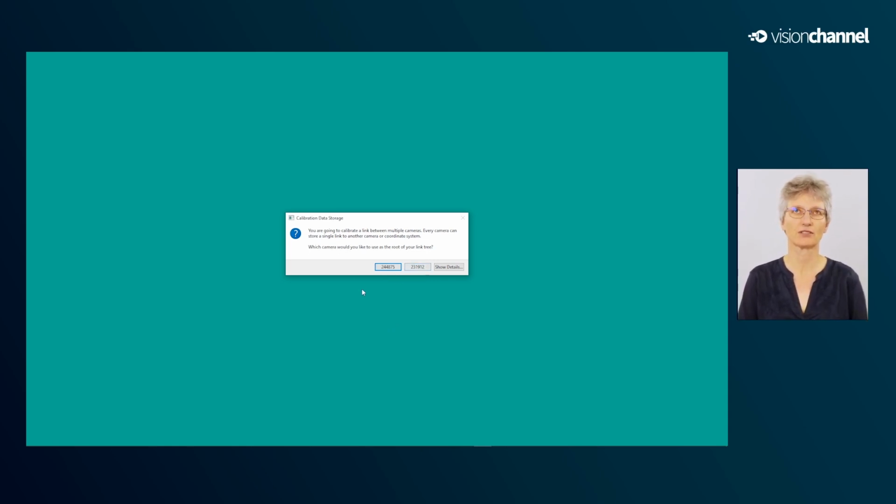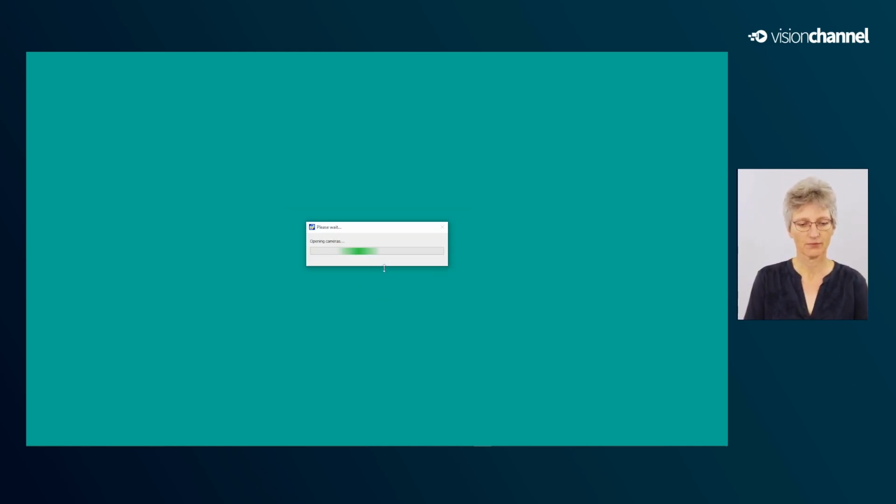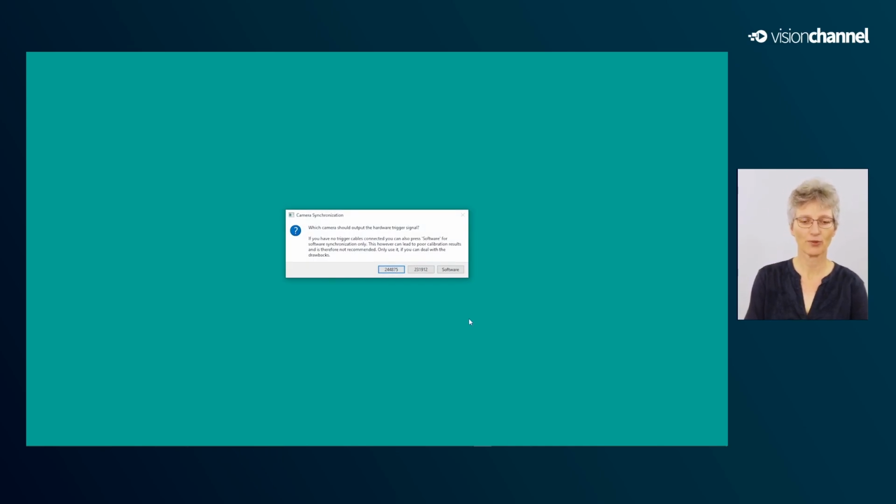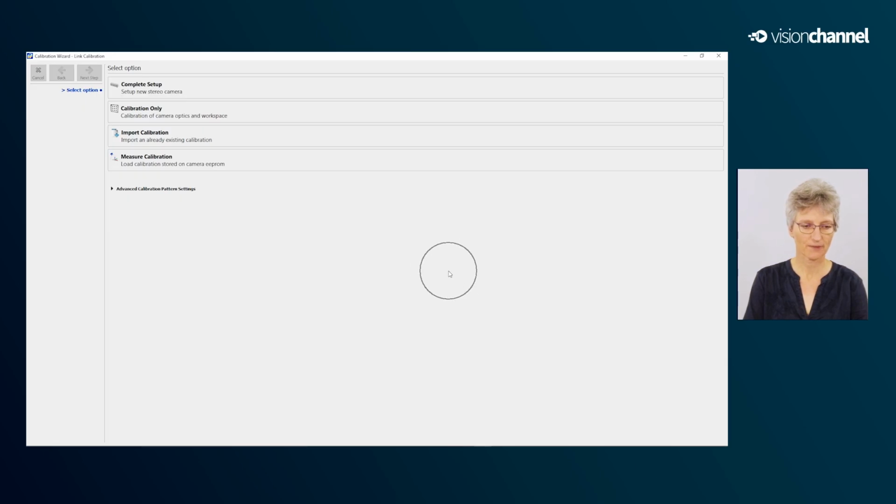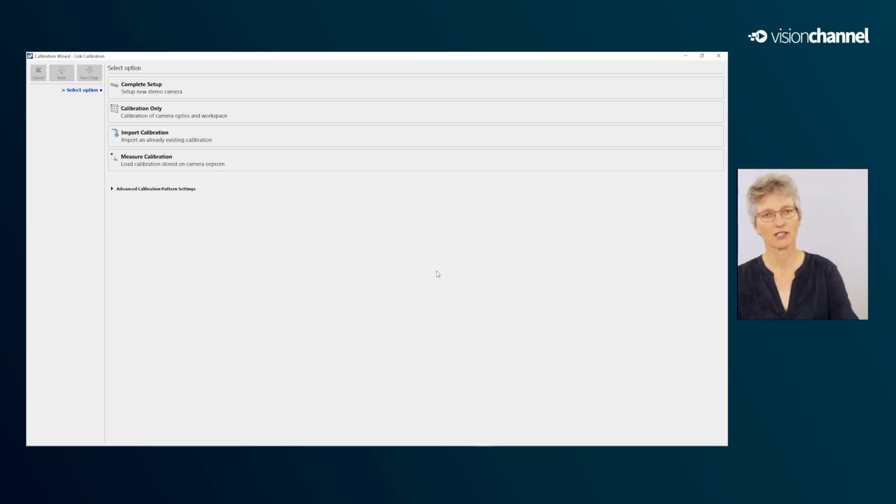One of the two is the origin that is then used as the origin for the 3D data for both cameras. So I choose the NSenso B. Now the cameras are opening, and I can select how to trigger them. In this case we want to use a software trigger, so I choose software, and now we're in the calibration wizard.